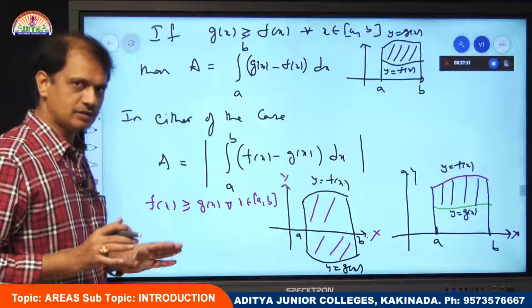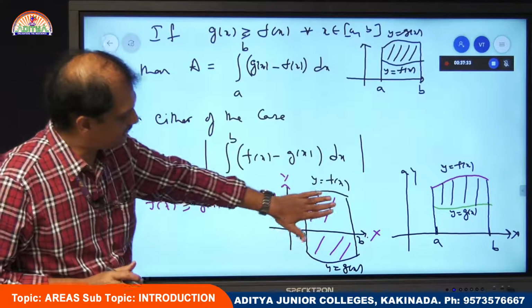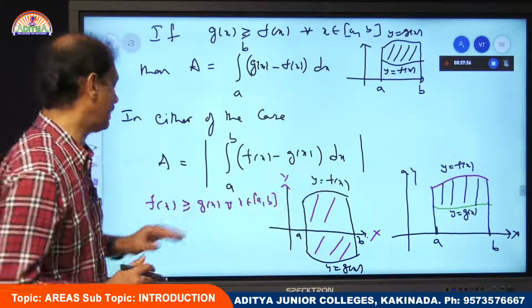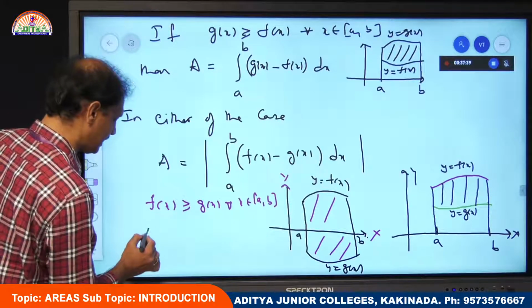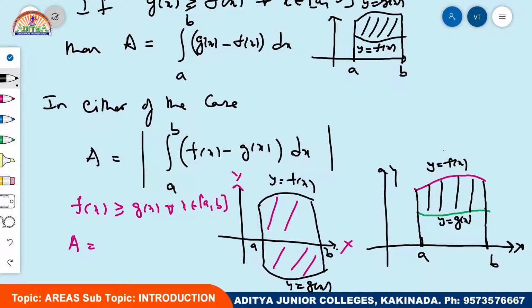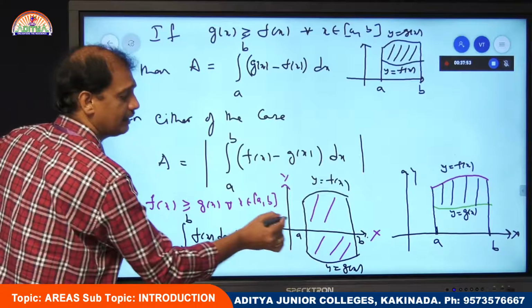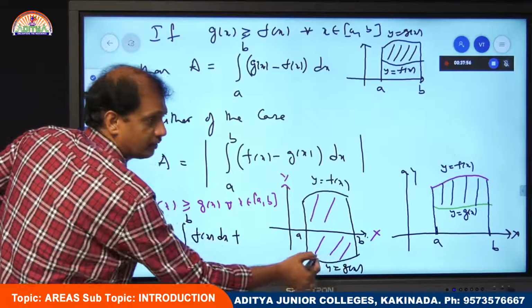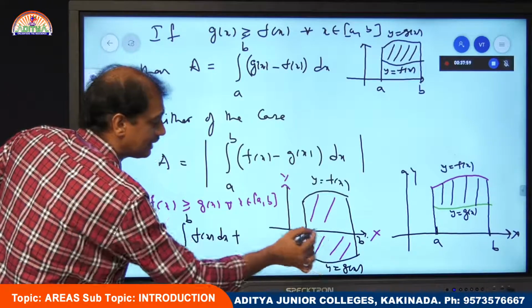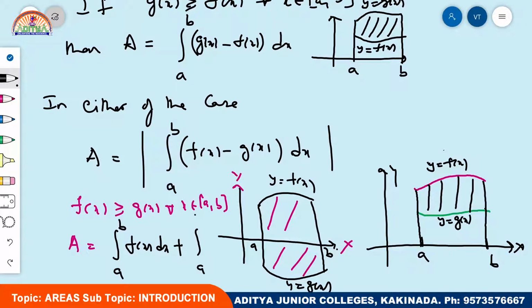Now for this, how can we actually calculate the area? Area of this region plus area of this region. What is the area of the above region? According to the first case, the area will be integral a to b f of x dx, because it is a greater than or equal to 0 quantity. I am using the first case. Now coming to the second one. Here the lower one, g of x, is negative. Whenever you get a negative function, how can we calculate the area of the region? By taking the limits a to b and writing the function g of x along the x-axis with dx, and you have to add a minus sign to get a positive quantity.